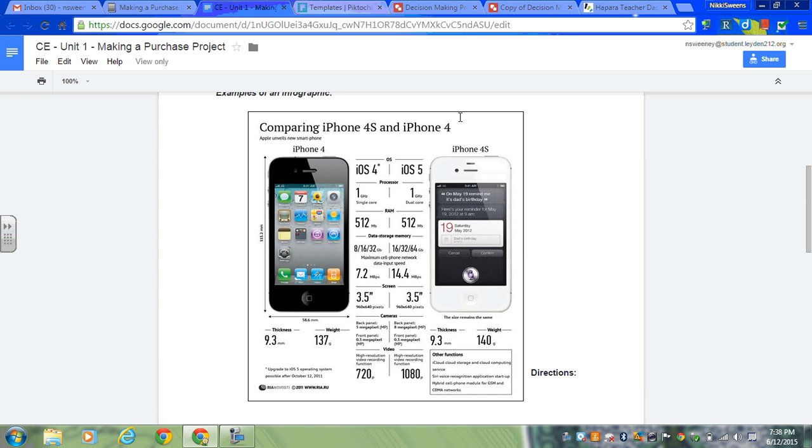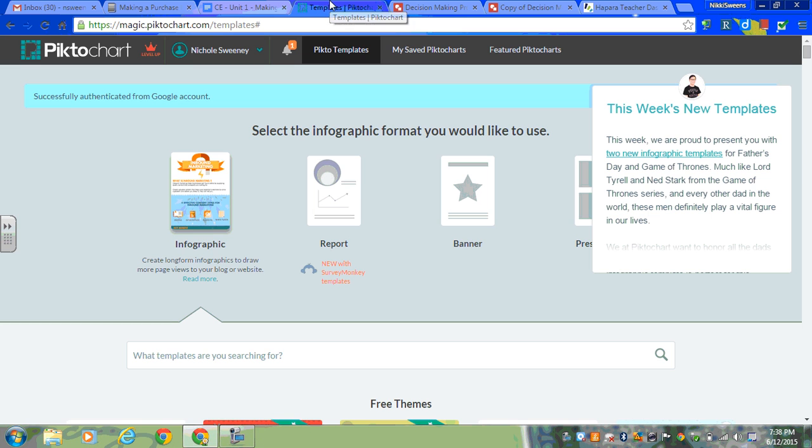It still has a title, but then all the information is listed. And it has words, it's just not in paragraph form, and that's what we want you to apply. We want you to show your comparables, all your information from your graphic organizer, but we don't want you to be very wordy, okay? So when you do this, press infographic,